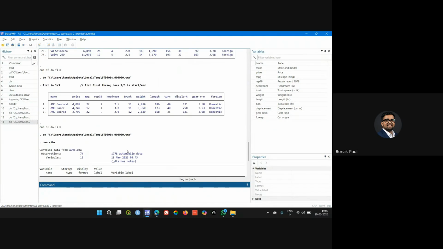So for now, let me tell you that whenever you type any command in Stata, these data exploratory commands in specific, after that you can go ahead and type the variable name. Let's say you want to see three variables: the make and model of the car, the price, and the miles per gallon, the mileage. So whenever you type list, you type make,